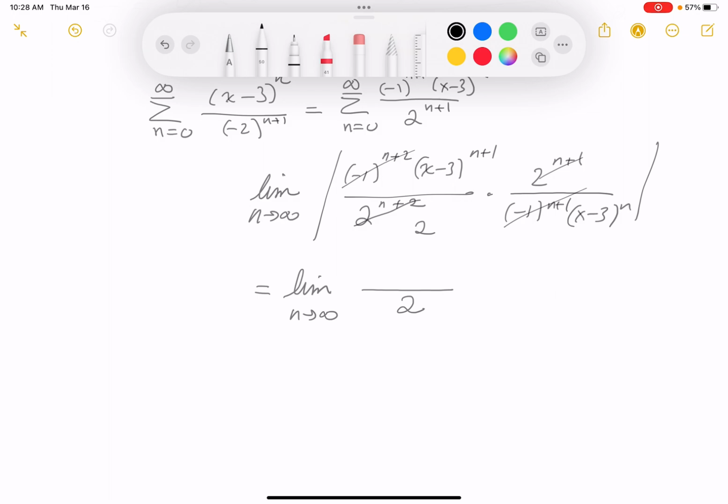And this x minus 3, it's n plus 1. Yeah, it's going to be the absolute value of x minus 3. Well, it doesn't involve n. This limit's pretty easy, right? And that has to be less than 1. So let's solve that. The absolute value of x minus 3